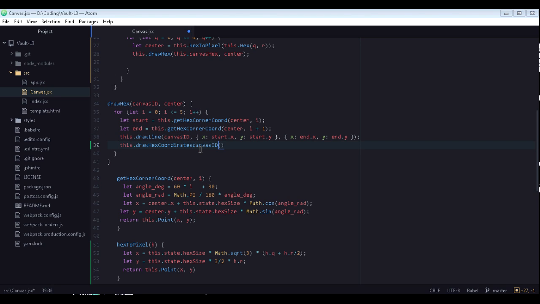We'll pass to it canvas ID, center object, and